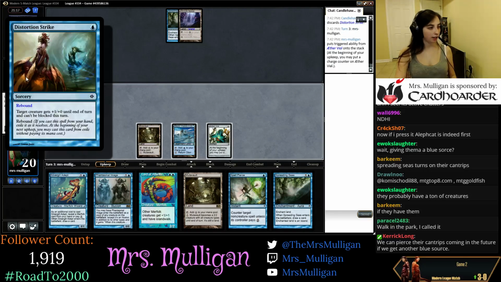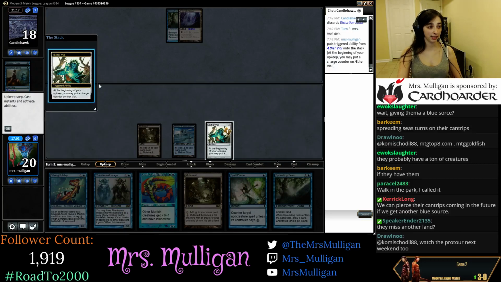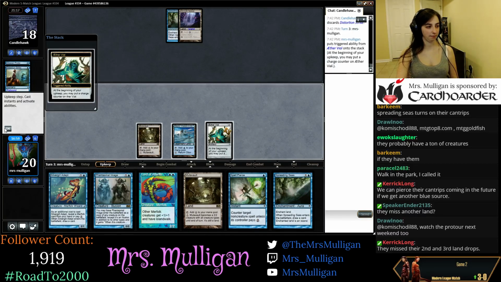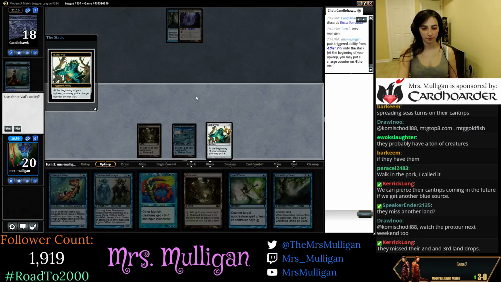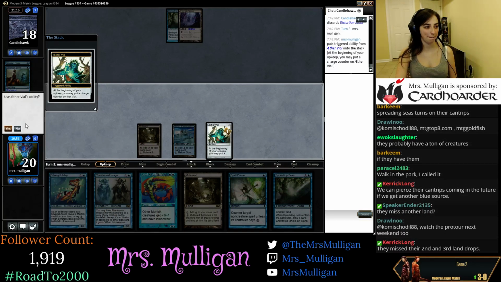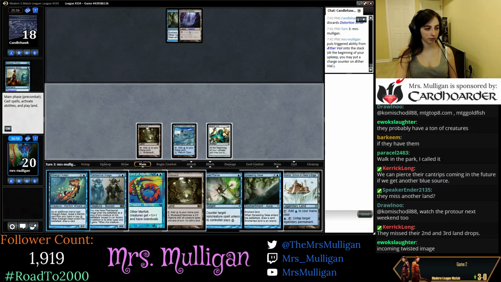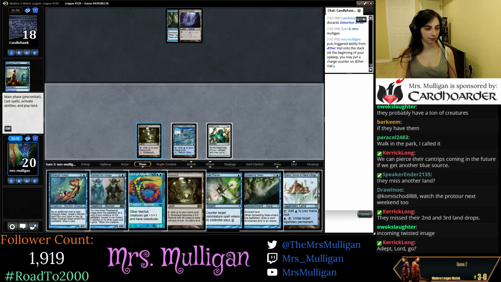Ooh. They had to discard, and they're running Distortion Strike. That's a pretty good card for them. Alright. Yeah, second and third land drops, and we've got it on blue, so we're doing pretty well here. Got Minamo, Oricon Mutavault. And it's Silvergill out there, so...